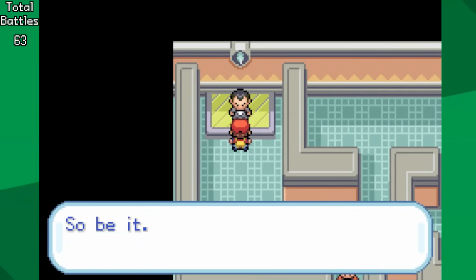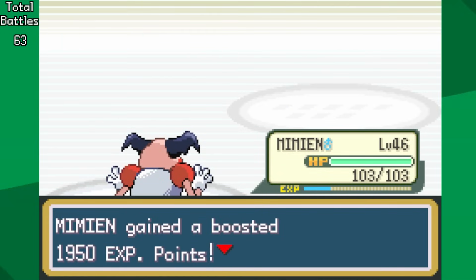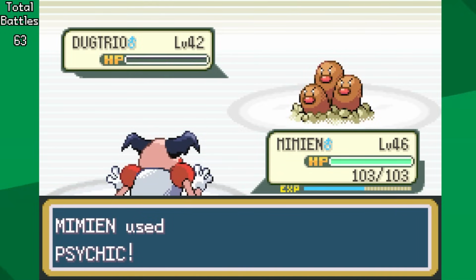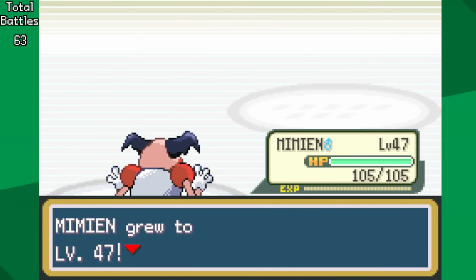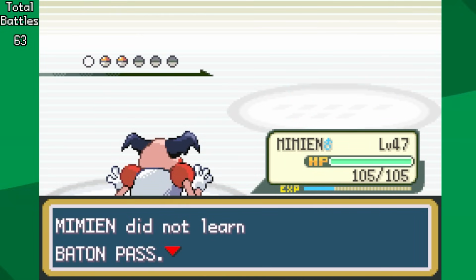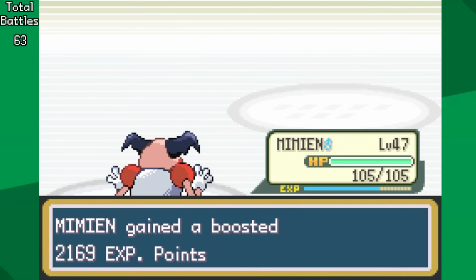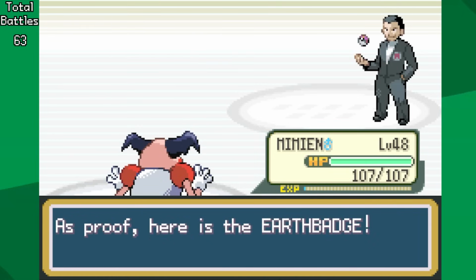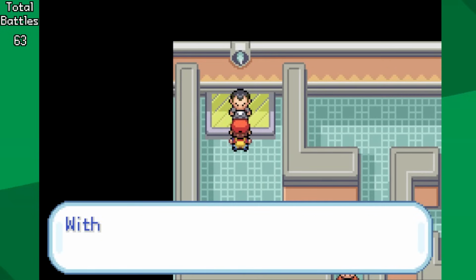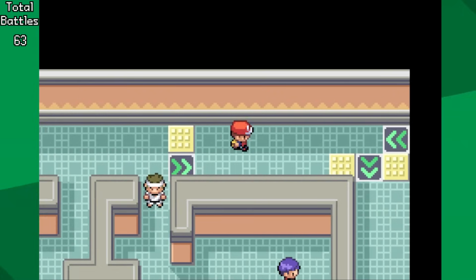Just like in Red and Blue, there are 2 mandatory trainers in Giovanni's gym, and then we have to fight Giovanni himself. Magical Leaf one-shots Rhyhorn, Dugtrio doesn't outspeed, and we one-shot with Psychic. Nidoqueen, we do one-shot with Psychic, I wasn't exactly sure, because Mr. Mime doesn't have the best special attack. We one-shot Nidoking, and we one-shot Rhyhorn number 2, since it's not a Rhydon inexplicably in this game, with Magical Leaf. That was Battle 63, so we have Rival 6 and 5 more trainers,